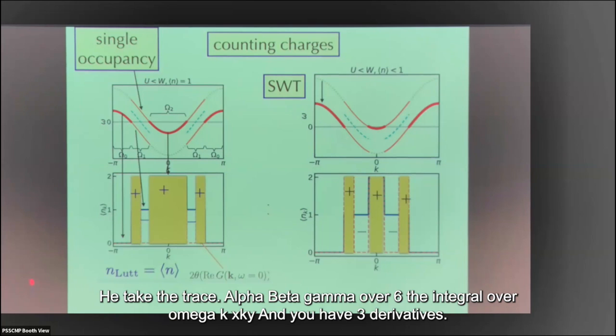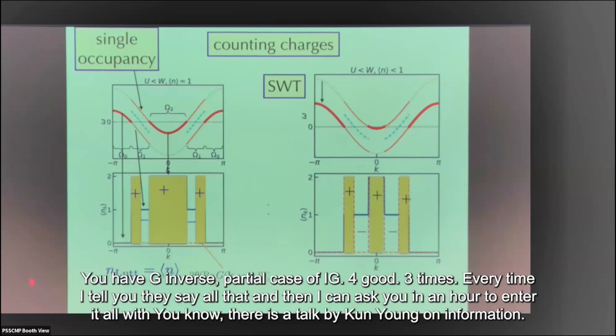Okay, you take the trace, alpha, beta, gamma over 6, the integral over omega k x ky, and you have 3 derivatives. You have g inverse partial k x of I, g. Oh, that. 3 times. Every time I tell you, you say, oh, that. And then I can ask you in an hour, you say, N3, oh, what's that? Okay, so,